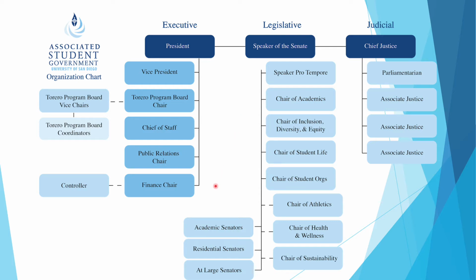We also have the finance chair. The finance chair represents the budget committee, and they work with their committee members, the budget controller, it's right here, and then most importantly, they work with those very confusing Excel spreadsheets that I really just do not understand. But we'll move on. Then we also have the Speaker of the Senate, who is, of course, in charge of the Senate, and that's our legislative branch. And then we have the Chief Justice, who's in charge of our judicial branch.